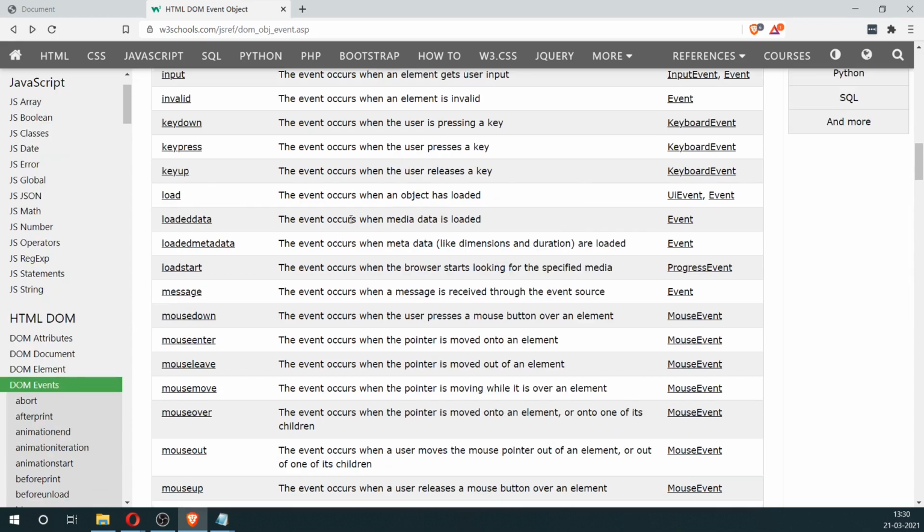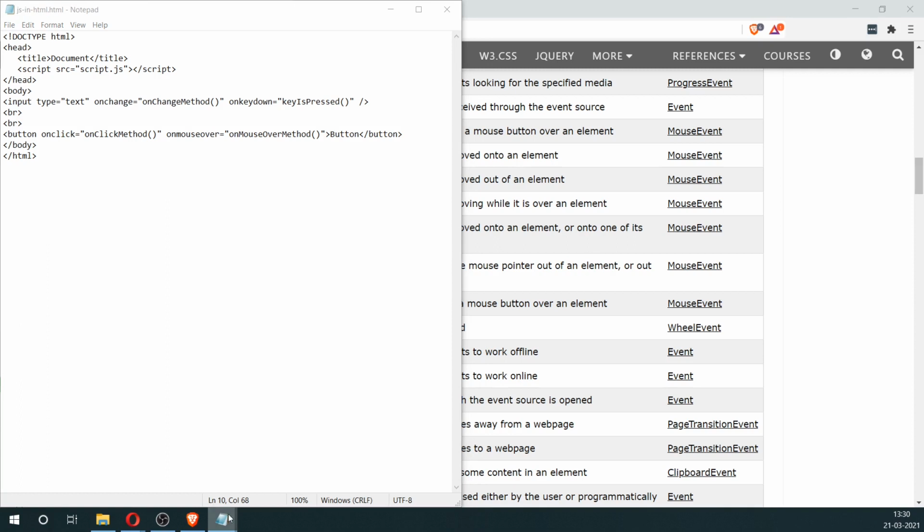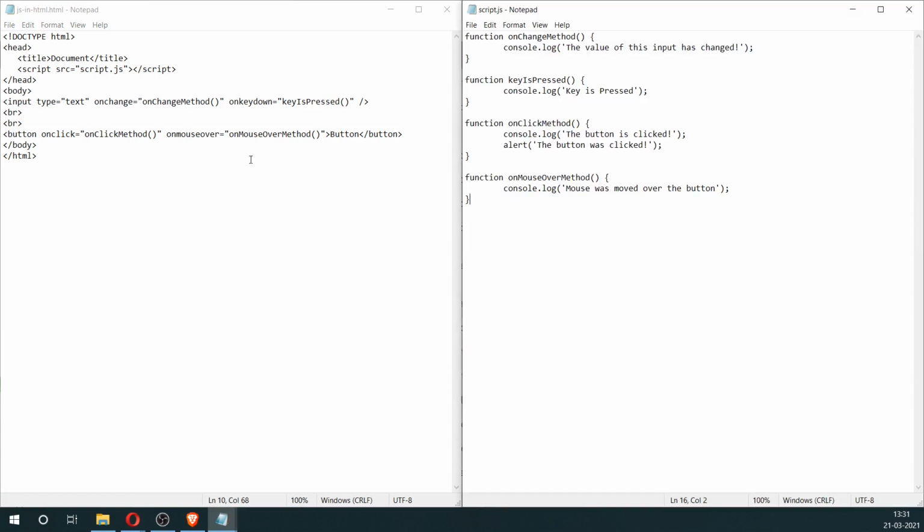So in the future, when you're developing something much more sophisticated, you can come here and reference these events and see how to create complex behavior in your HTML file. So this was just an expansion on what we saw previously. I wanted to show you a little more sophisticated ways of using the events and methods.